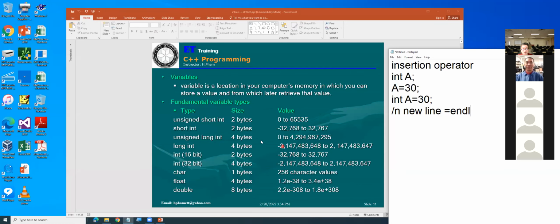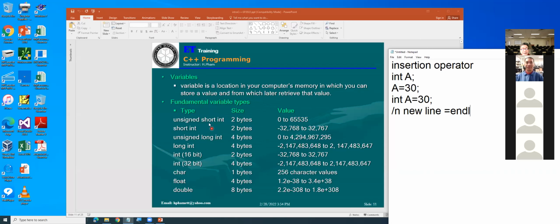Okay, and we already said a variable is a location in your computer memory in which you can store a value and from which later on you can retrieve that value.